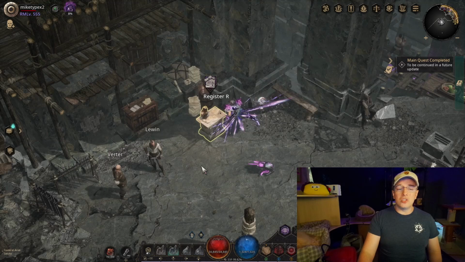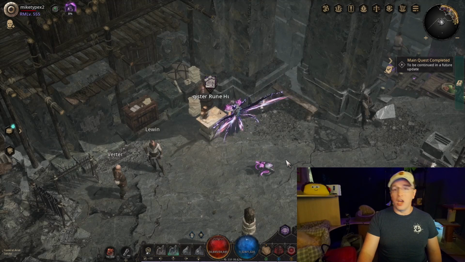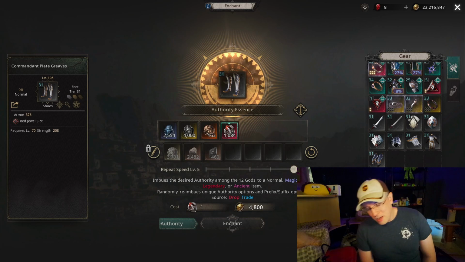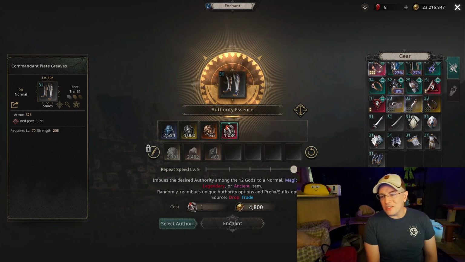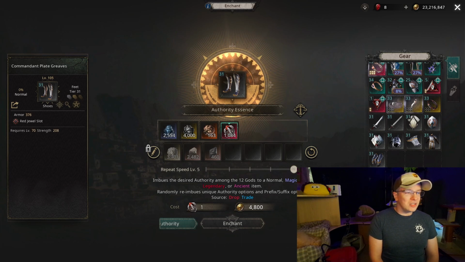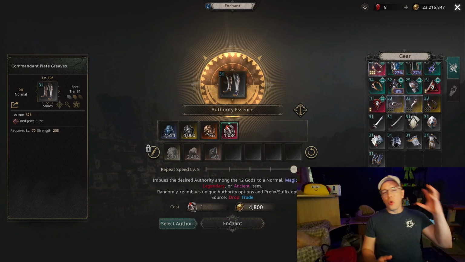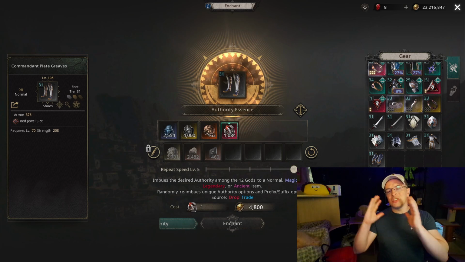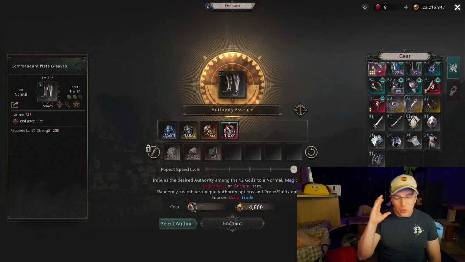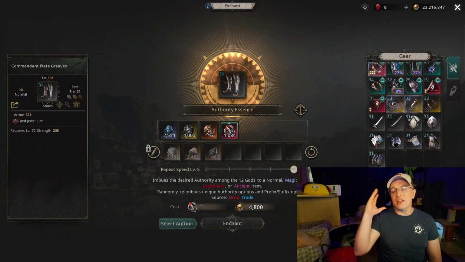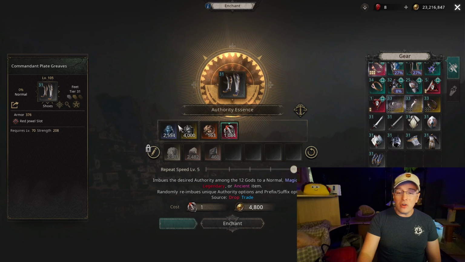Okay, let's get into probably the worst one, the gear stuff. I have spent probably the last 40 minutes flipping through authority essences and checking authority modifiers and options on so many types of gear. And surprisingly, there are very, very few that affect actual area of effect or weapon range. And I'm not talking about area damage. There's tons that have area damage, but when it comes to weapon range and area of effect that increase the size, there is really only a